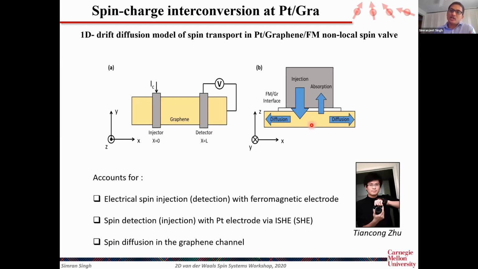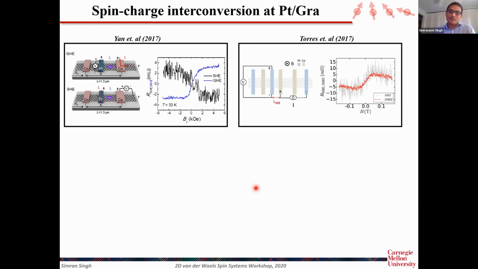So to quantitatively understand this, we can look at the one-dimensional diffusion model for spin transport in platinum graphene ferromagnetic non-local spin valves, where we take into account electrical spin injection with a ferromagnetic electrode, spin detection with a platinum electrode via the inverse spin Hall effect, or vice versa, and how spins diffuse into graphene. And actually this modeling was done by Jianzheng Yu, and one of the things we find right away is